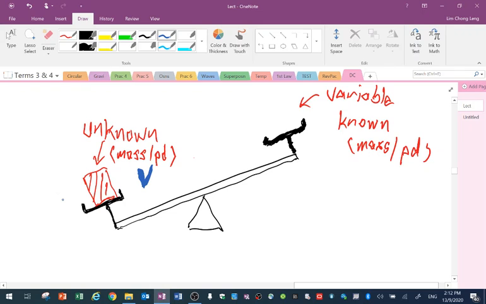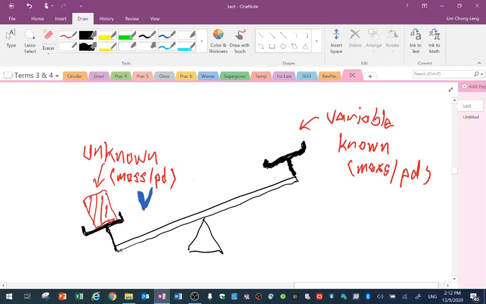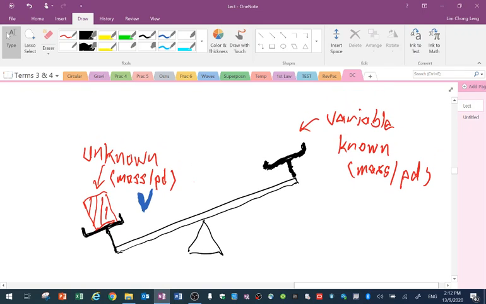Represented by a certain mass M. So what I do is I'm going to balance this unknown PD V with a known PD, which is VAJ. VAJ is the variable. Initially, VAJ may be small, so there will be no balance. But at one stage, if I keep on increasing VAJ, there will be a balance where the lever balance now